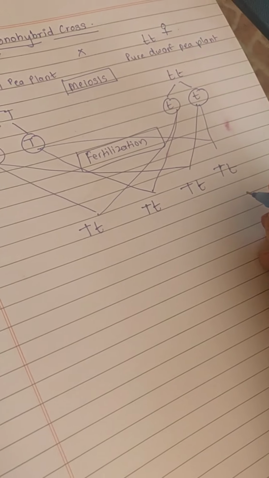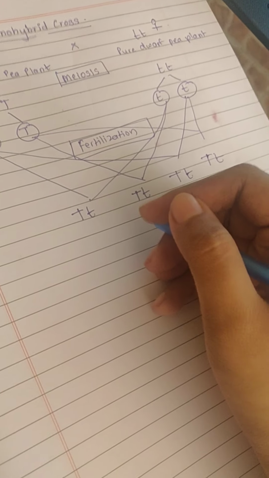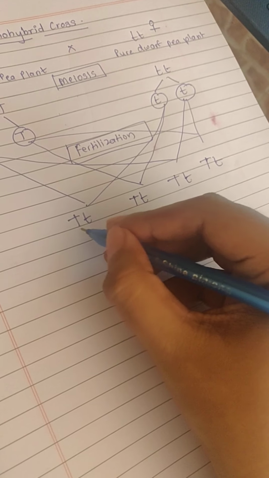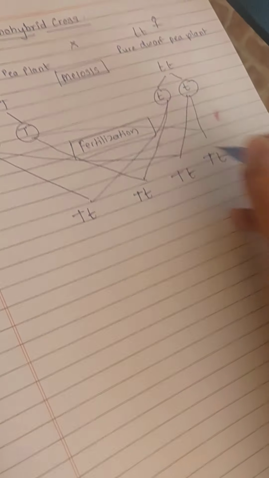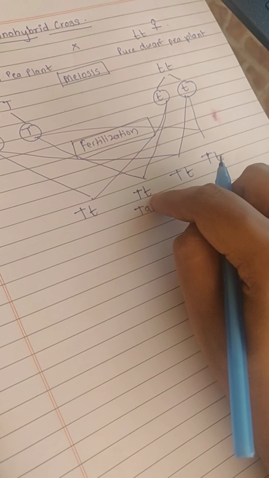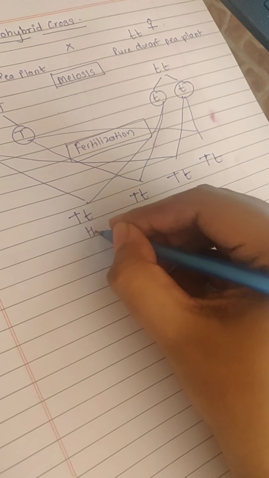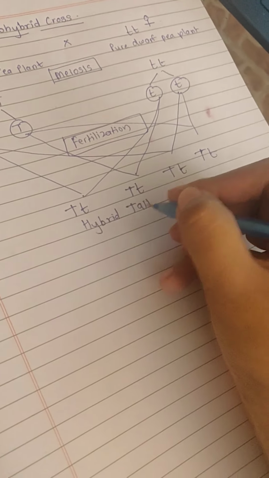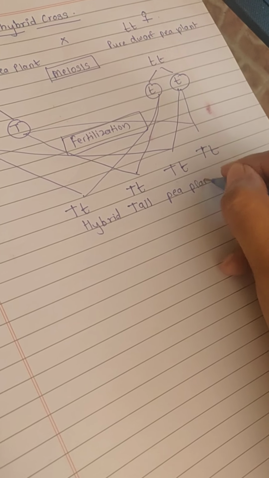This is the genotype. Okay, बाहर से ये plant कैसे दिखेगा, that is called a phenotype. Like we have studied already, capital T is the dominant trait and it stands for tallness. So naturally all these plants are going to be tall. But inside, अगर आप genotype देखोगे, it is not pure, it is hybrid. So you will write it as hybrid tall, or we can also write it as heterozygous tall. So these are heterozygous tall pea plants.